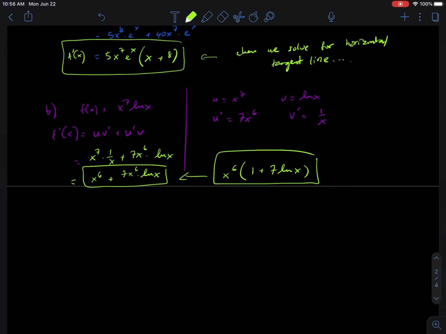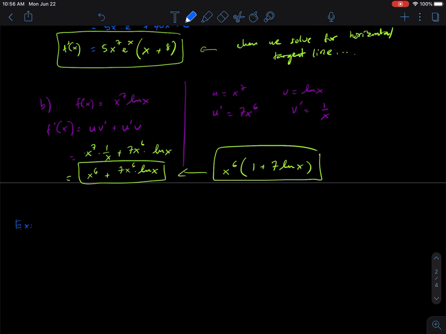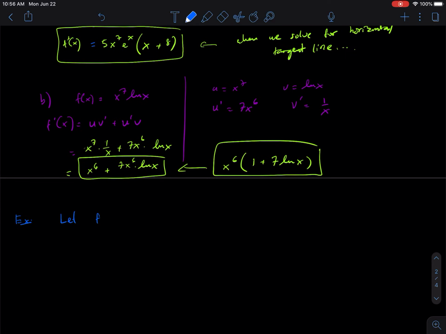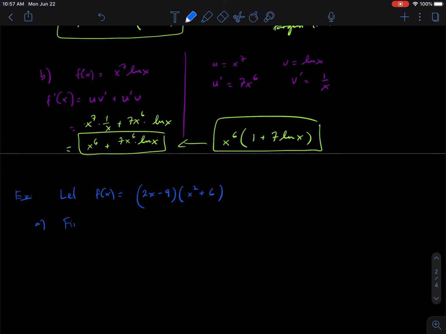All right, one more example in this video. In this example we're gonna look at how to find the equation of a tangent line. So given f of x as 2x minus 9 times x squared plus 6, part A, we want to find